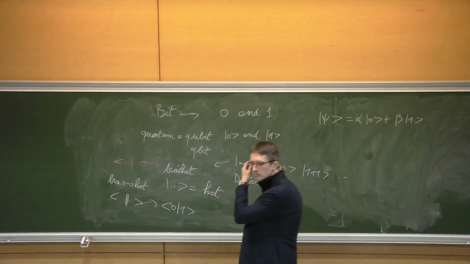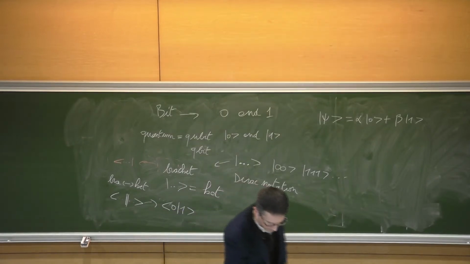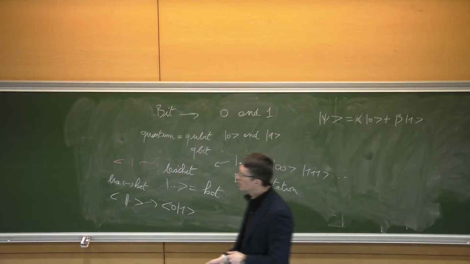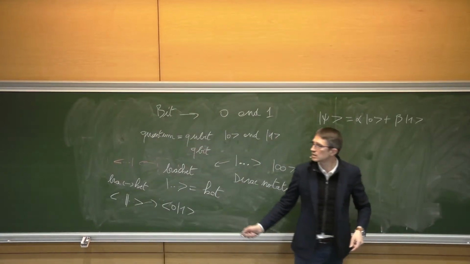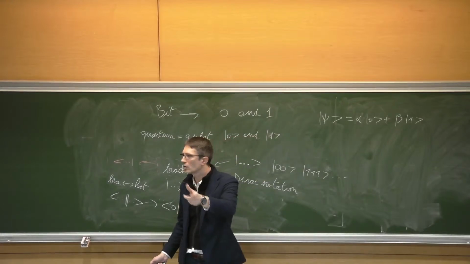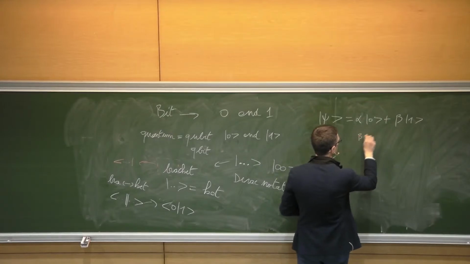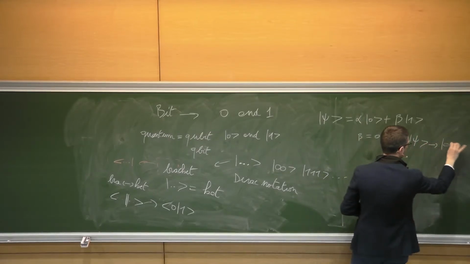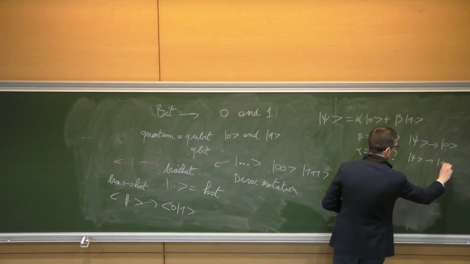So your qubit, as opposed to your bit, which is just a switch, you can see as being like a tunable weight. You have this way of tuning the weights alpha and beta. You can dial from one side up to the other side, meaning that if you dial to one side, you can have beta equals 0, and therefore psi is in the 0 state, or you can dial to the other side and have alpha equals 0, so that psi is in the 1 state,